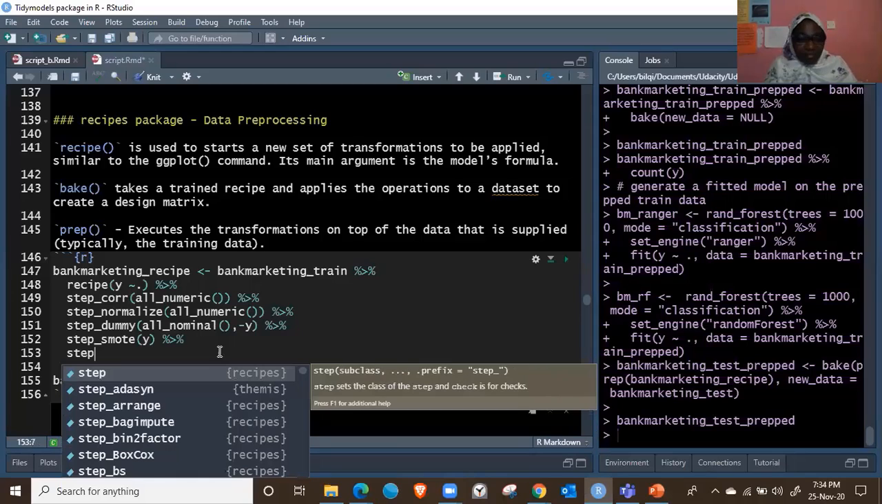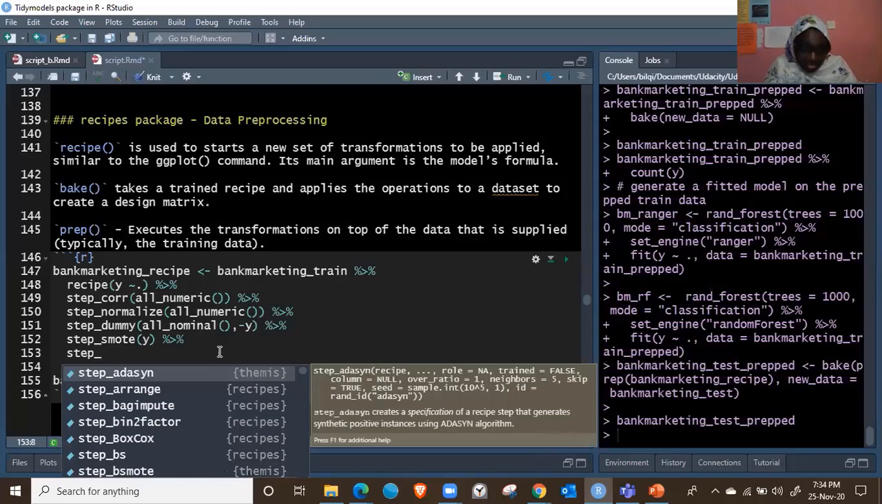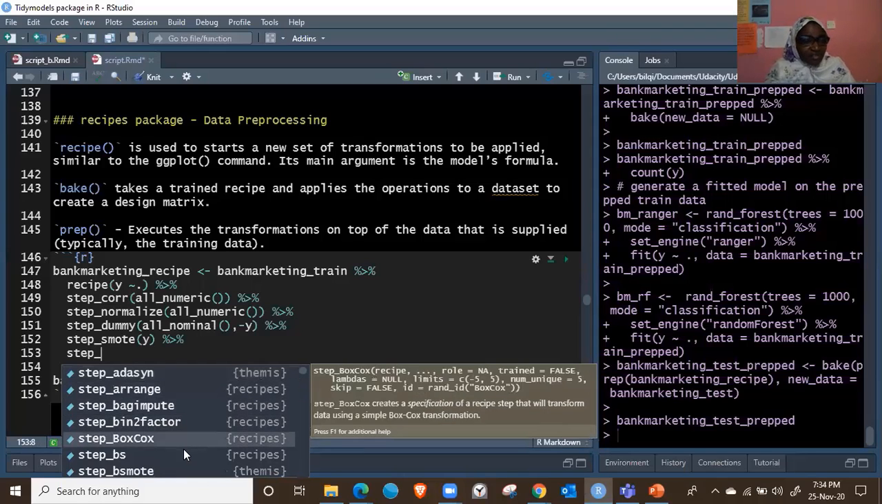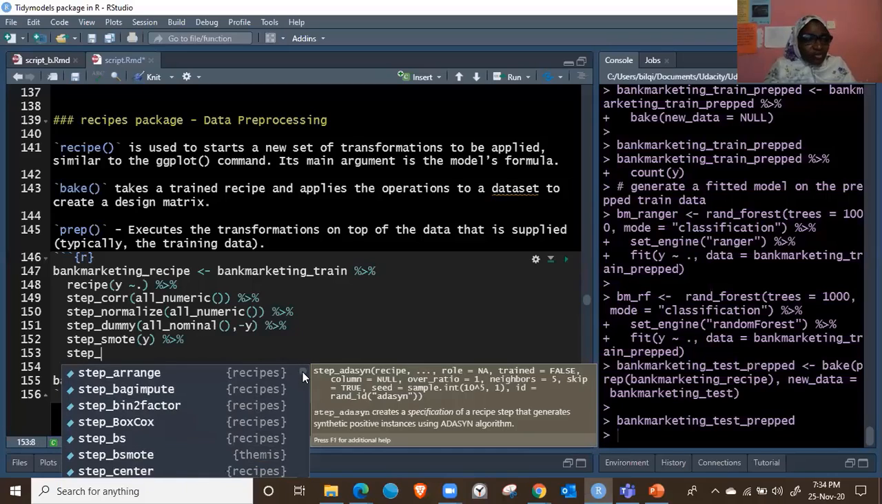Immediately you type step, you put the underscore. You have a pop-up that helps you to look through and see the various functions that you can use. We have the bin to factor. You can also do mutation, that is, you can decide, okay, I don't want to scale and